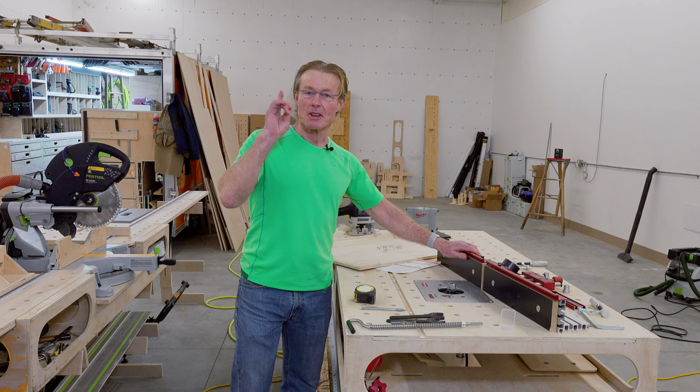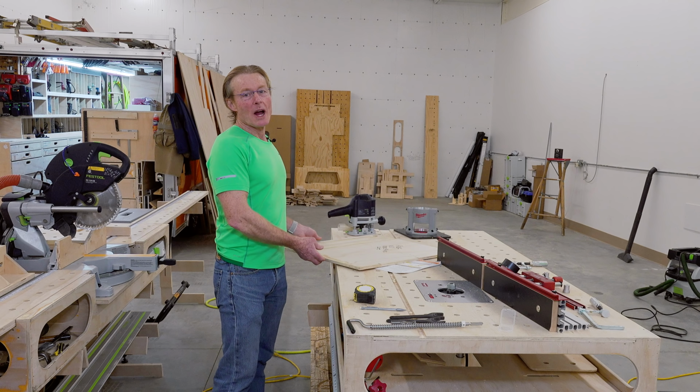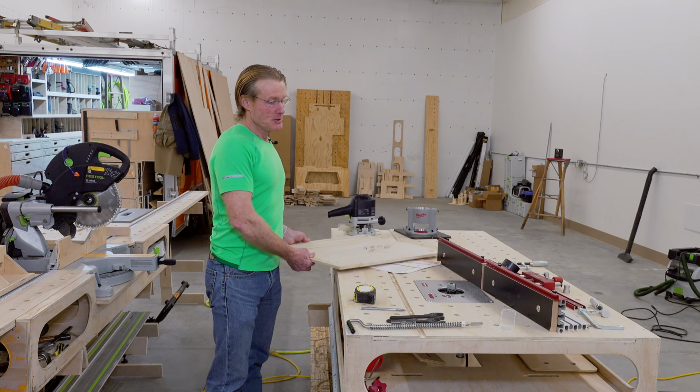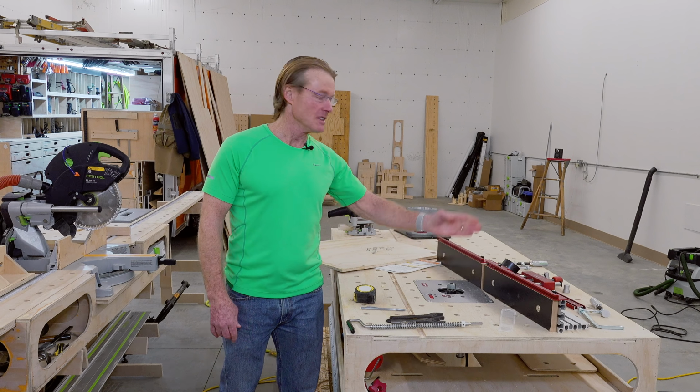Today I'm going to use my brand new Woodpecker's lift and my super fence for the first time. I'm going to use them to make a router template to make slots in all of my workbenches to mount